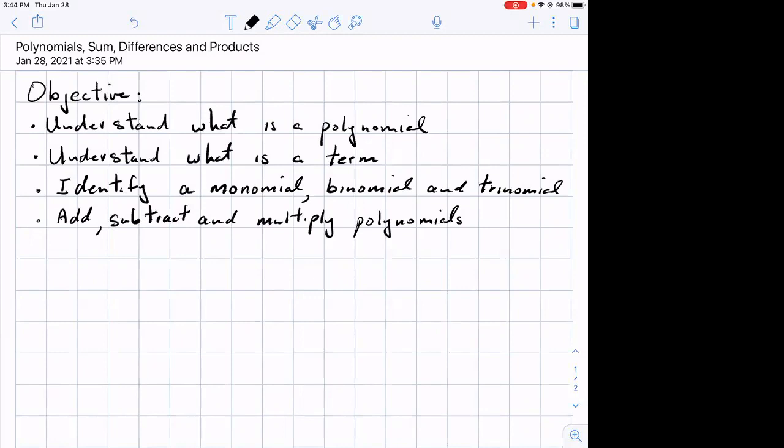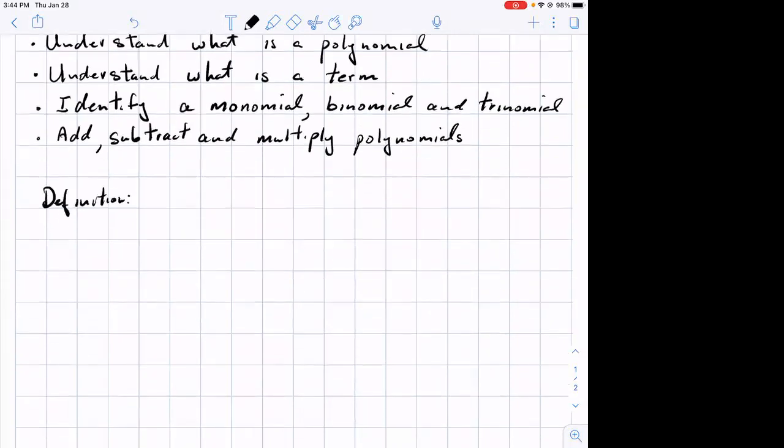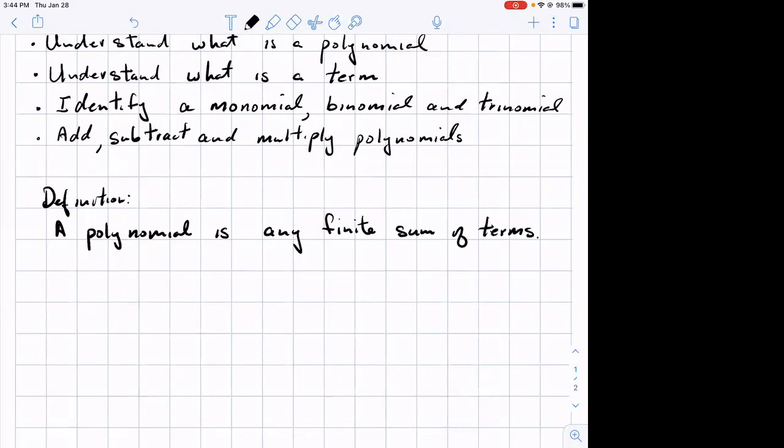So the first thing when we talk about polynomials, right? So we can say a polynomial, here's our definition. A polynomial is any finite sum of terms. So because, and please note, because